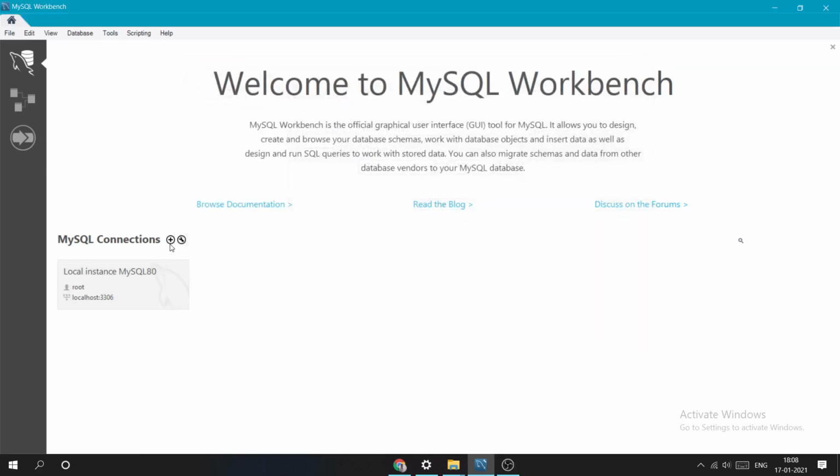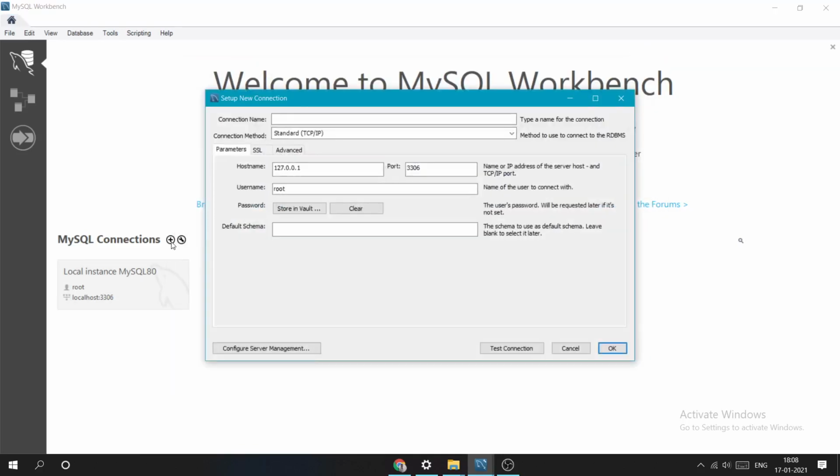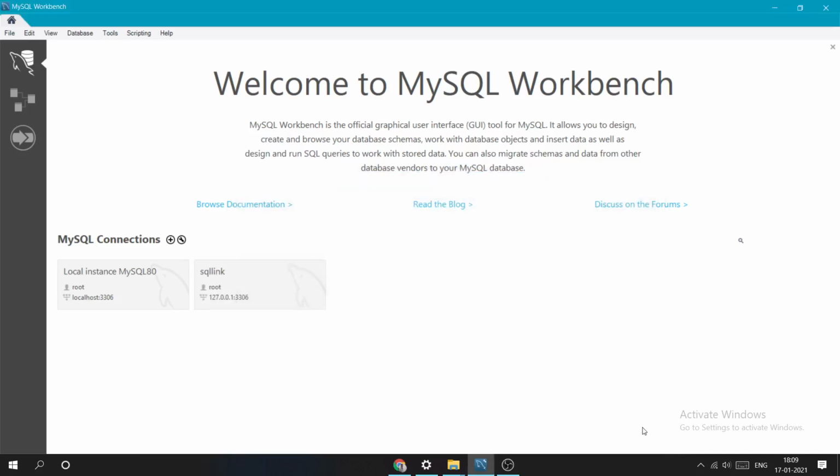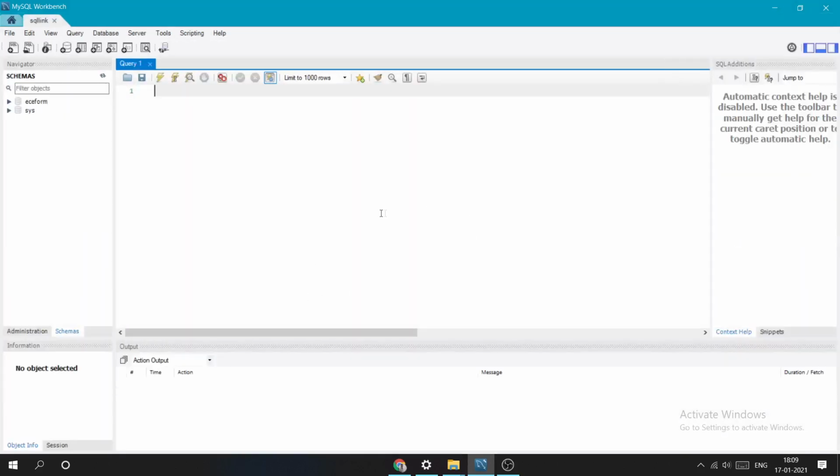The same way you can add a new one. Press this plus symbol and add a new connection, name it something, for example SQL link. Having this name, just press OK. So you have this one, right? When you click on it, it will open it.